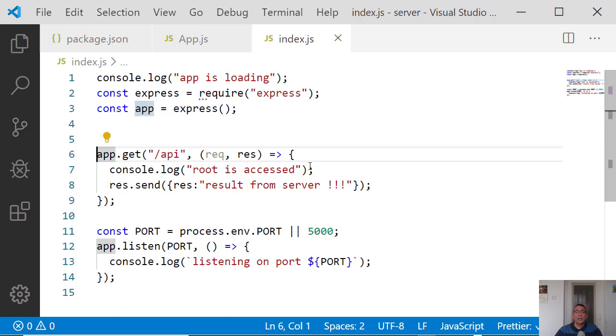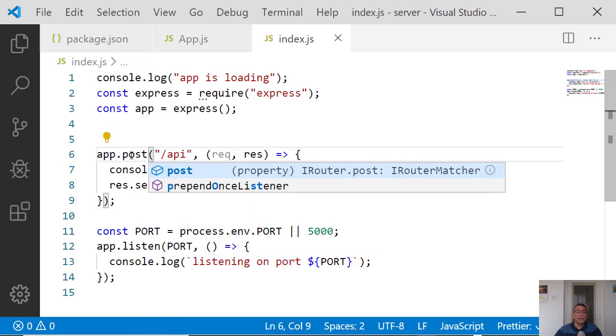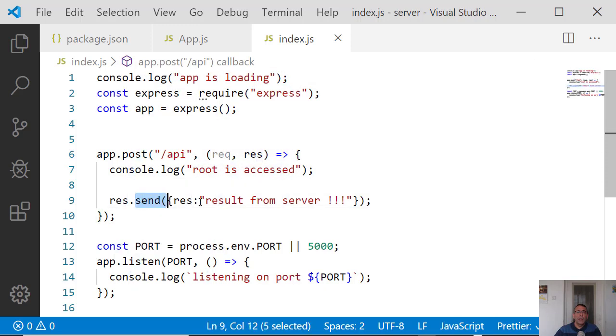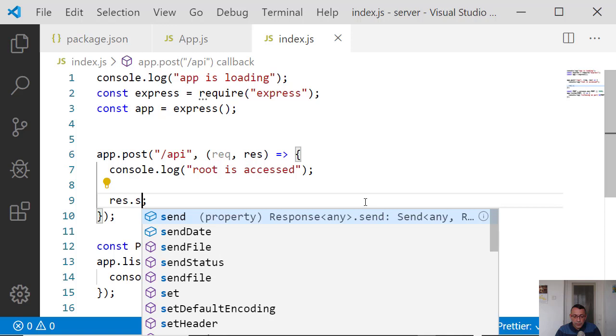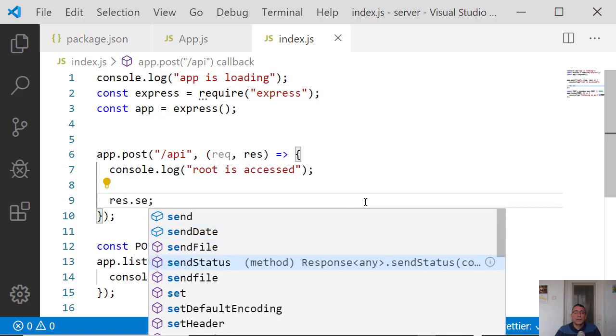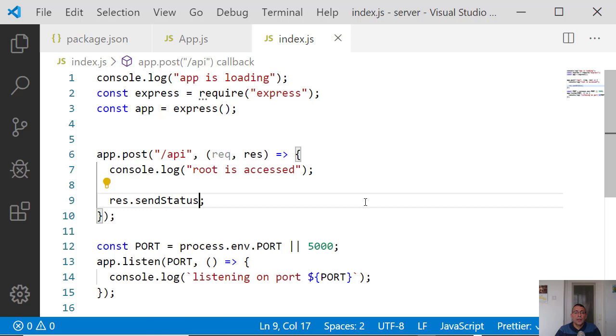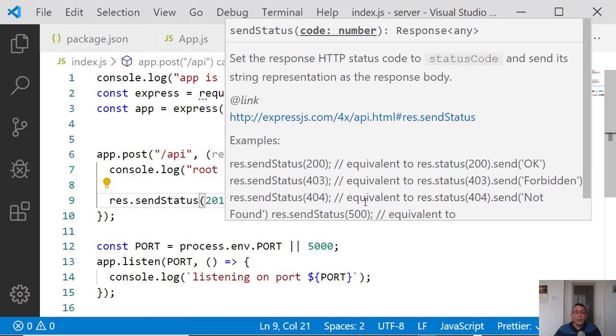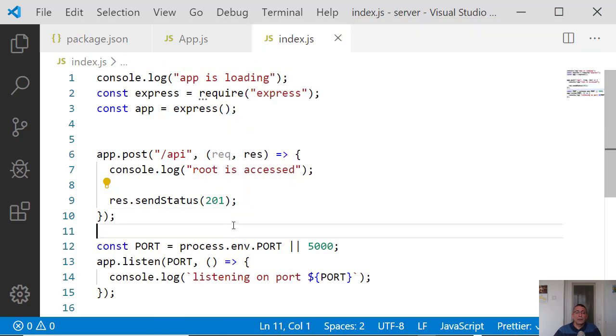And I'm not using app.get. I'm using app.post. And currently I will add simply send status of 201, but the problem here is that